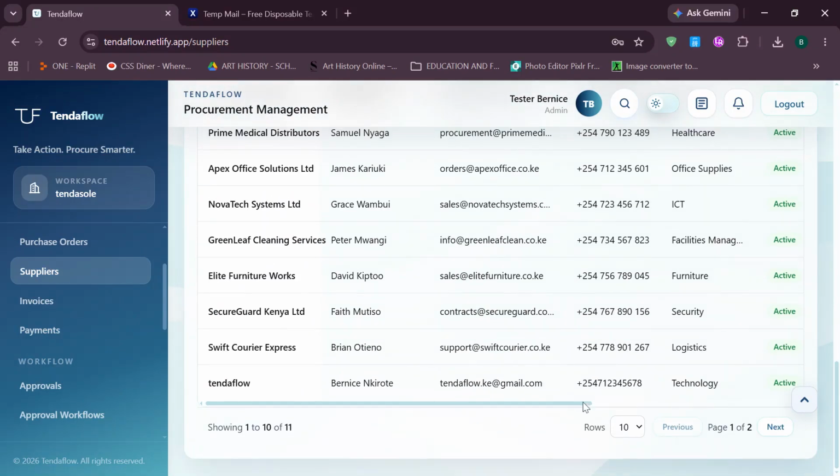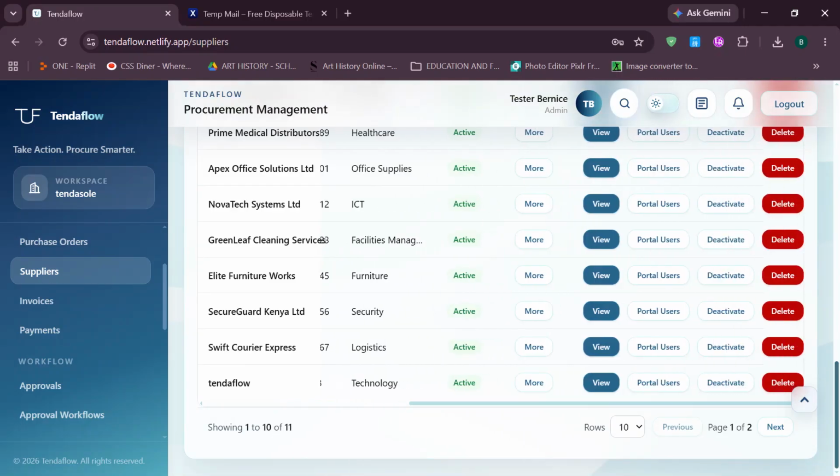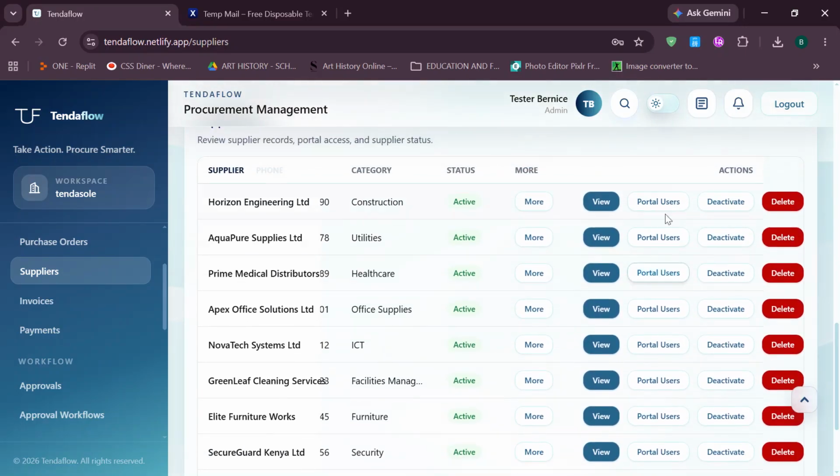The other buttons we have in this same area are of course the portal user button, the activate button, and the delete button. You cannot delete suppliers once you create a portal user for them. The only thing you'll be able to do now is deactivate them, and that's important, especially for auditing. You want to know which suppliers you had before, maybe even know why you deactivated them in the first place,